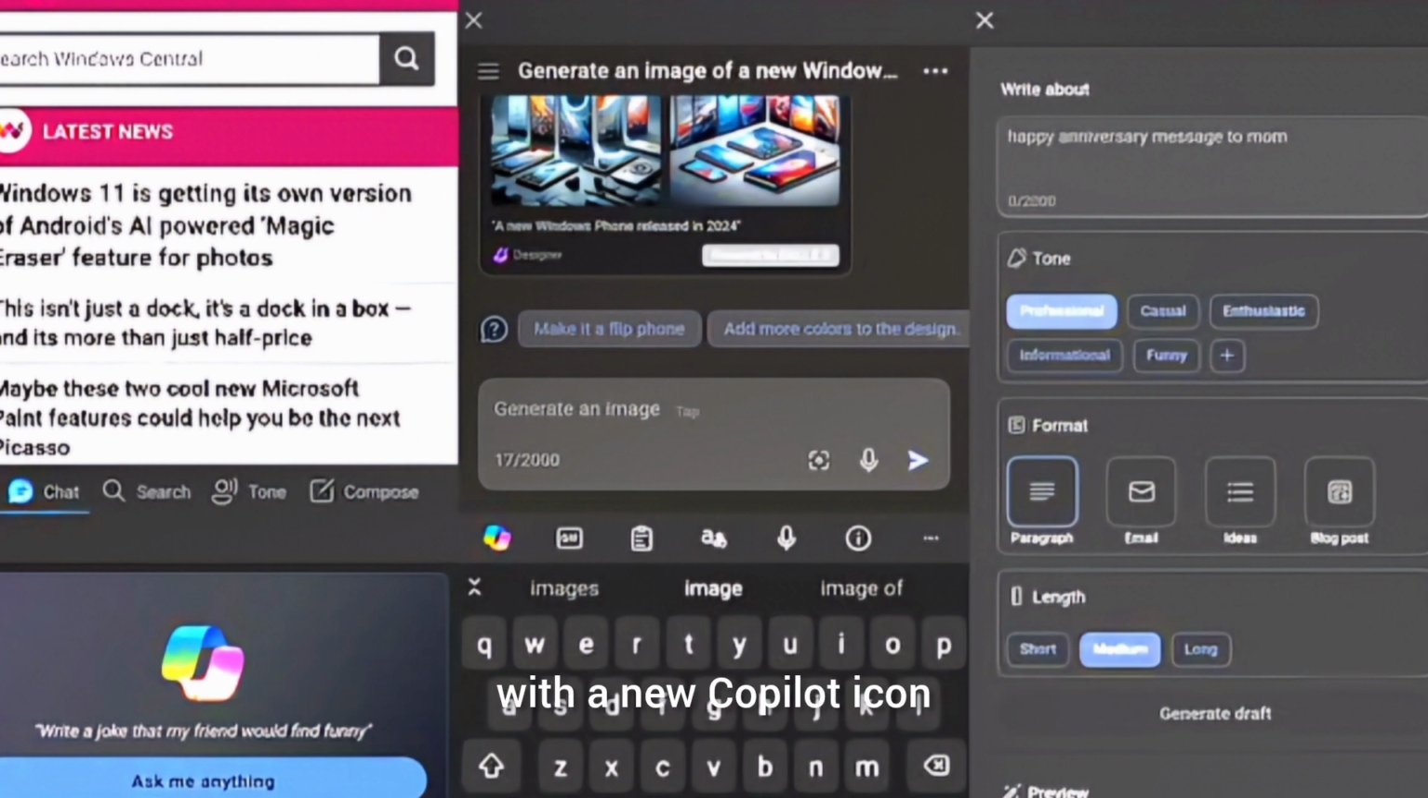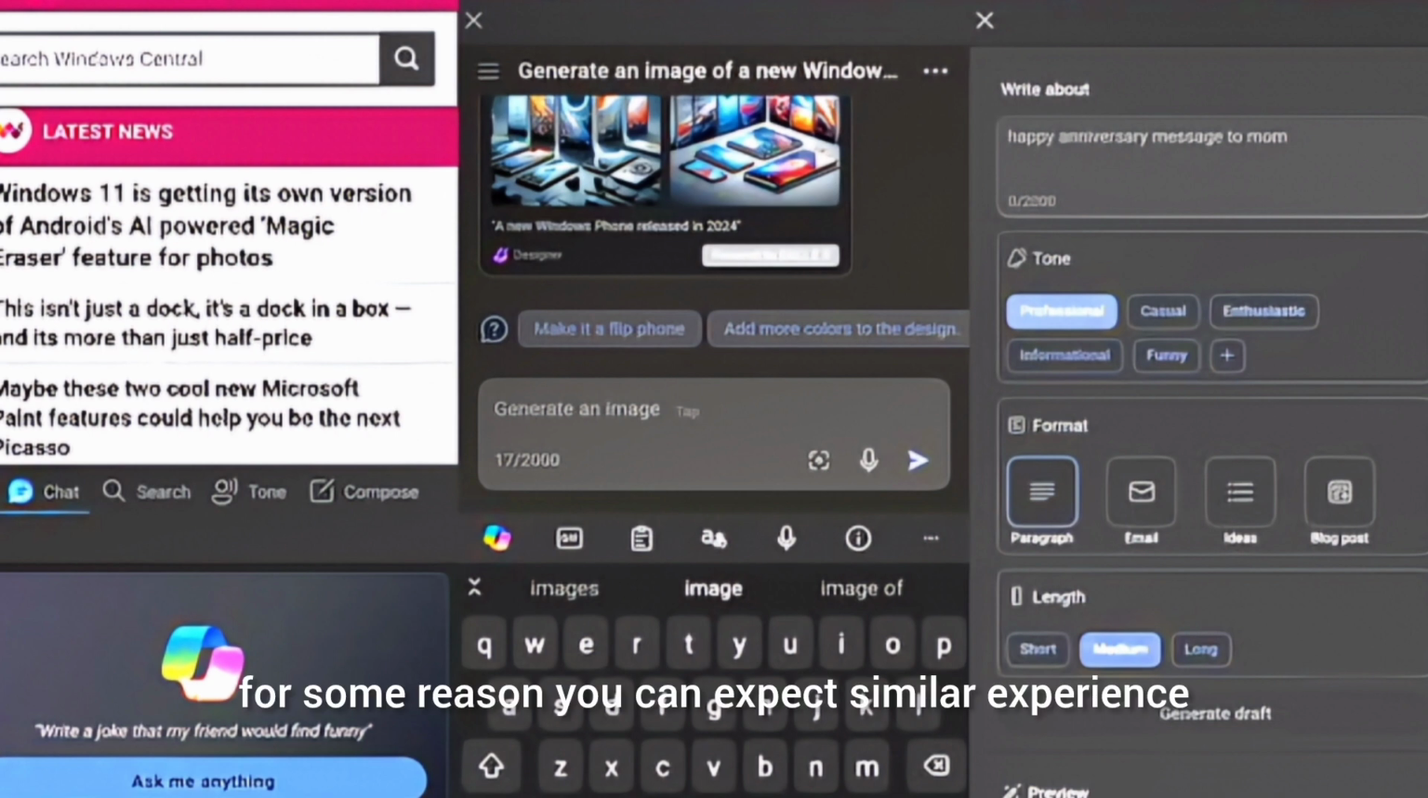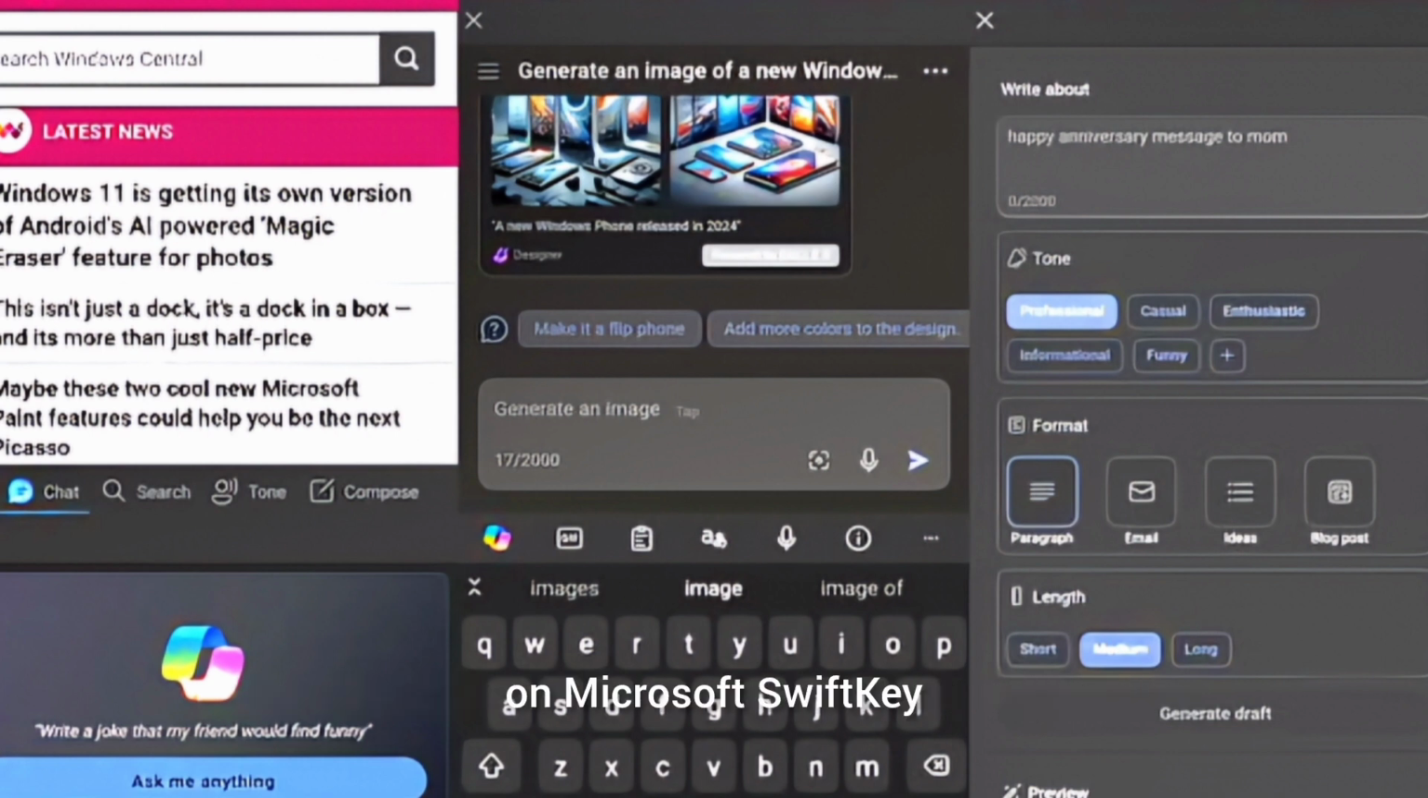Microsoft has replaced the Bing icon on SwiftKey with the new Copilot icon. This is true for Android users since the change started rolling out a few weeks ago. If you are dabbling with Microsoft Copilot, for some reason, you can expect a similar experience on Microsoft SwiftKey. The new Copilot icon is lodged at the top right corner of the virtual keyboard. As usual, tapping on it launches the service, so you can ask queries about a specific topic